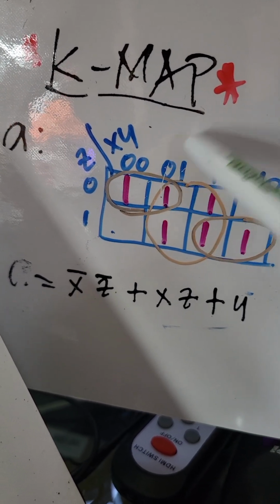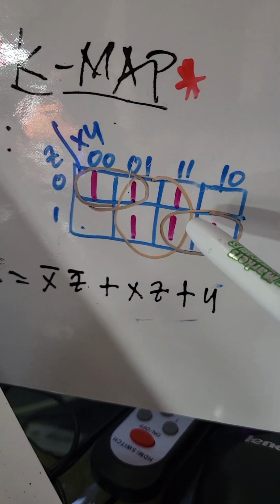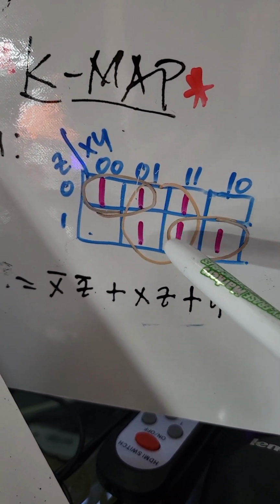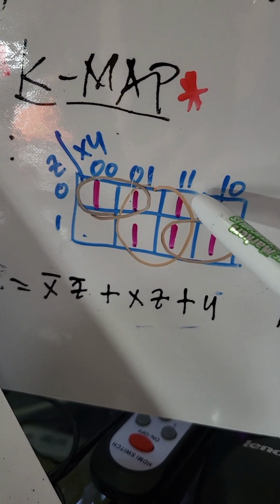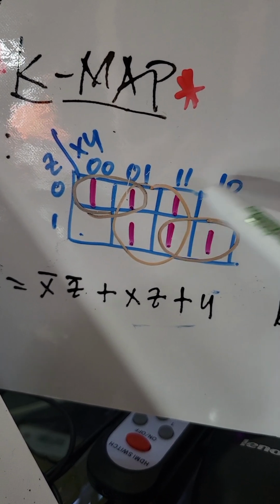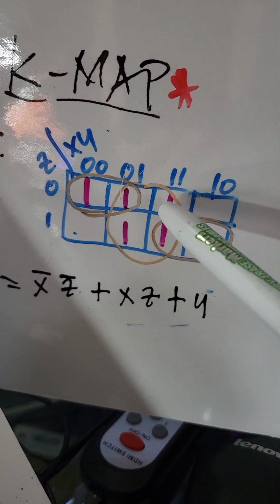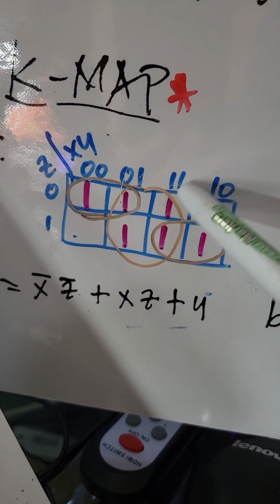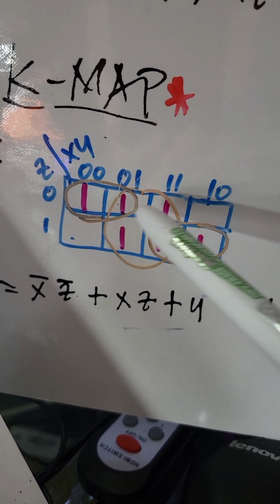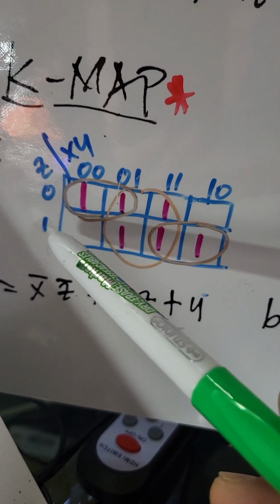Y bar, Y cancelled. So also these two pair here, 1 1 1 0, then 1 for Z, then Y is cancelled, so the remaining is X and Z,